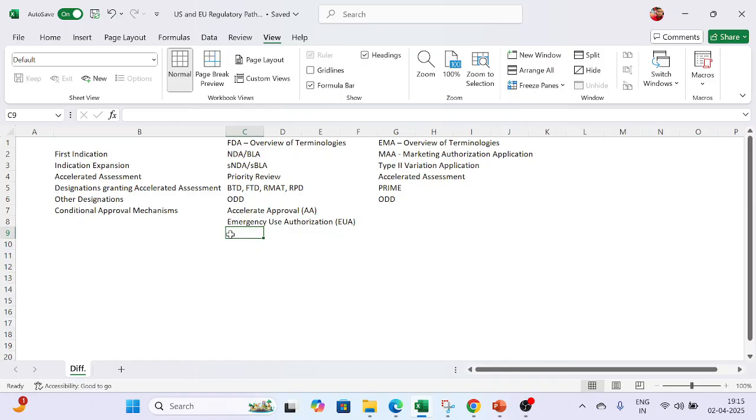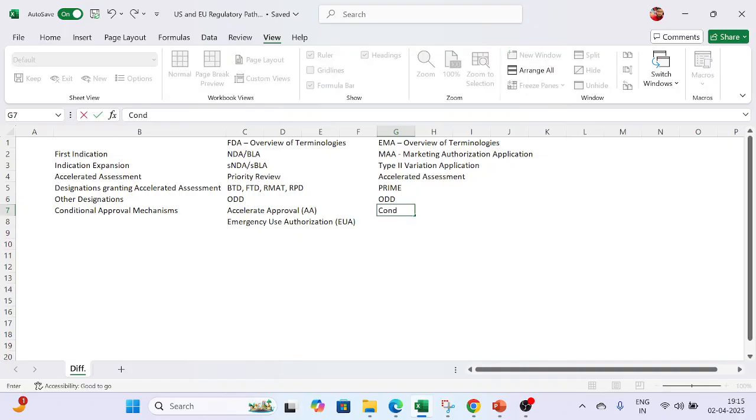In the case of the EU, we don't refer to it as AA or EUA, we refer to it as conditional marketing authorization,